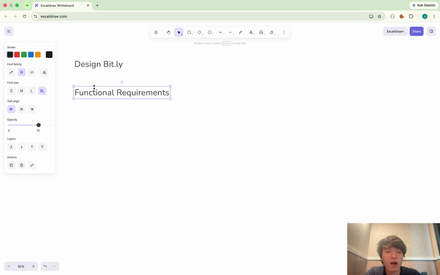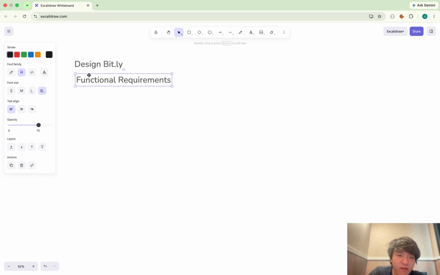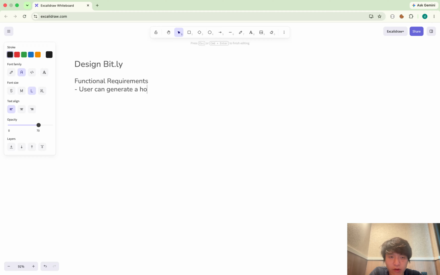Okay, that being said, I will clarify the functional requirements first. So as I said, user can issue, or I should say generate, a shorter URL from his original URL. And also user is redirected to the